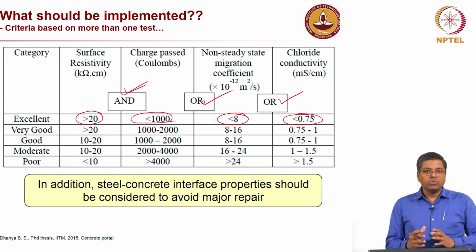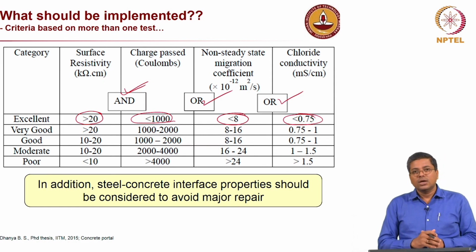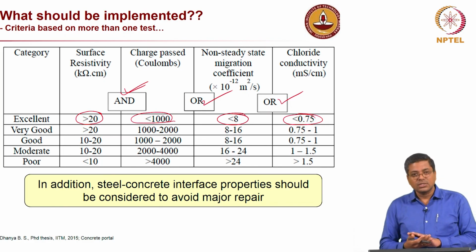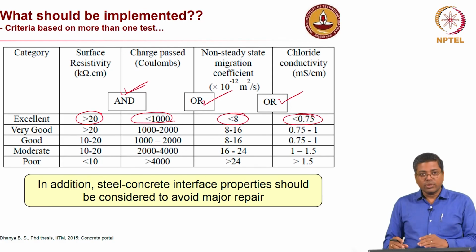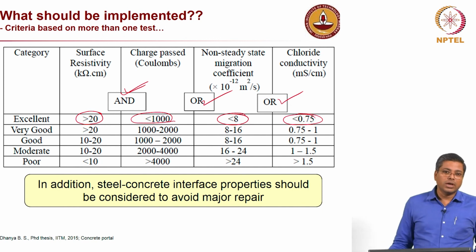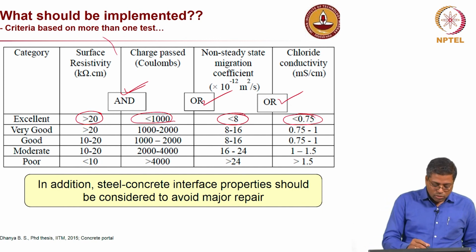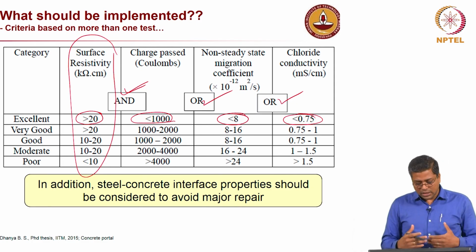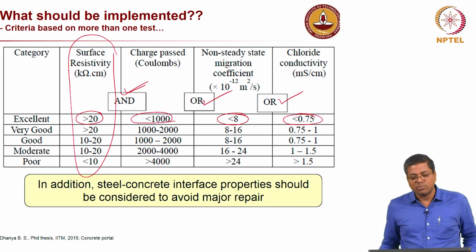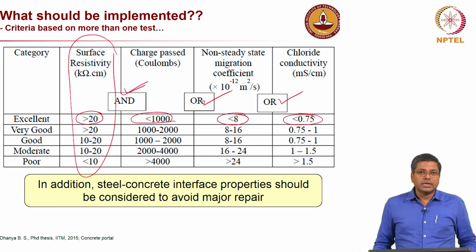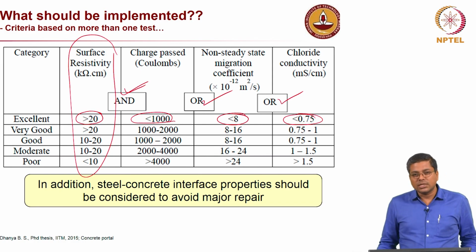So, what we can do is come up with combined conditions, a combination of different test results, and see which combination is met, then classify the concrete according to that, rather than just looking at one particular test method. So, multiple test methods. In the recent past we are seeing that more and more people are getting serious about doing durability tests, not only compressive strength tests, but other tests are becoming